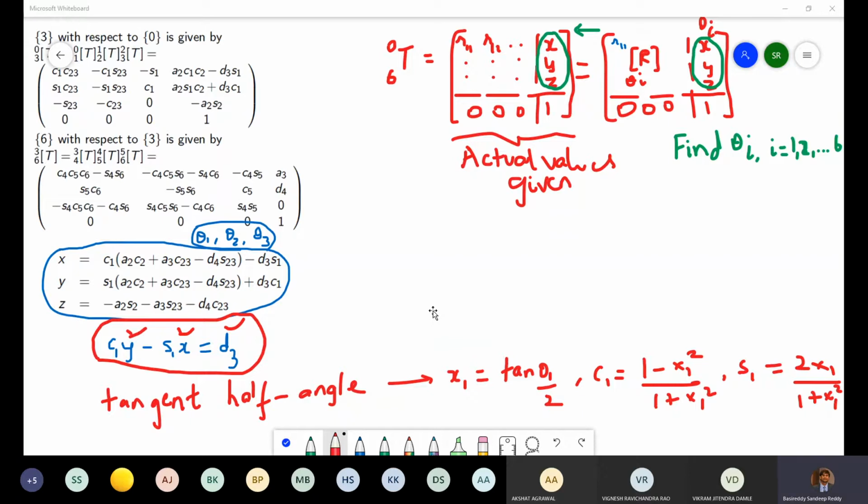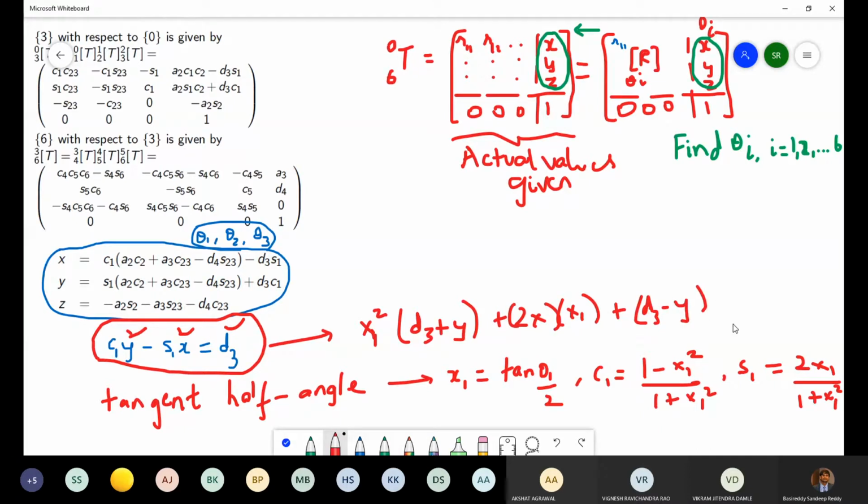Now when you plug them into this C1y minus S1x equals D3, from this you can get x1 as